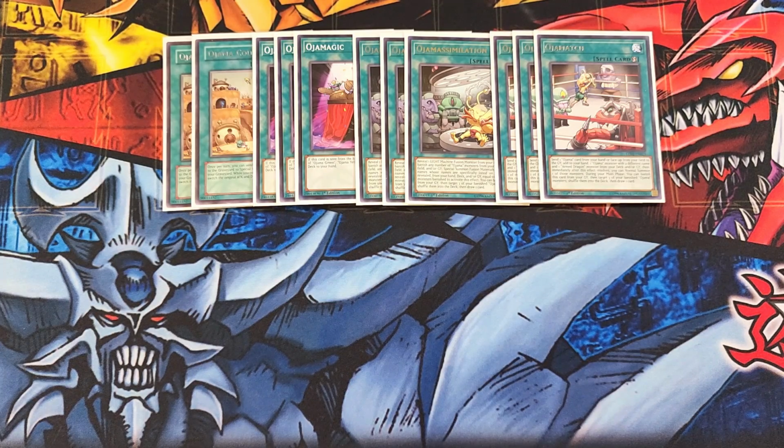It lets you send an Ojama card from your hand or face up from the field to the graveyard to be able to add from your deck to your hand 1 Ojama monster with a different name and an Armed Dragon monster from your deck or graveyard. Then, immediately as effect results, you get to normal summon 1 of those monsters, which is a crazy powerful effect